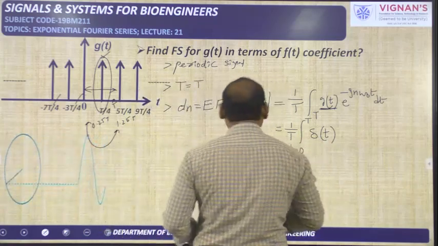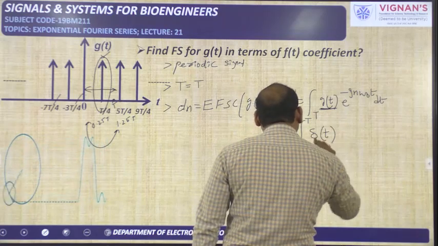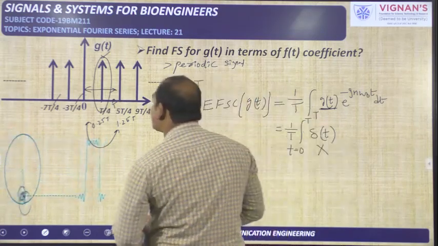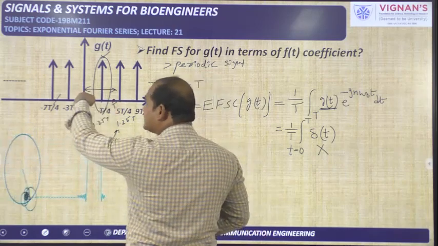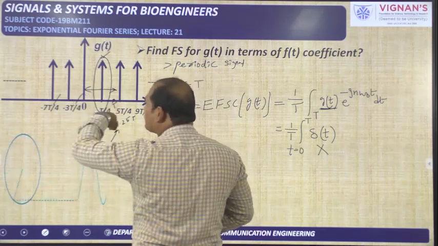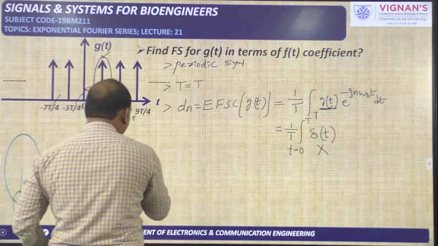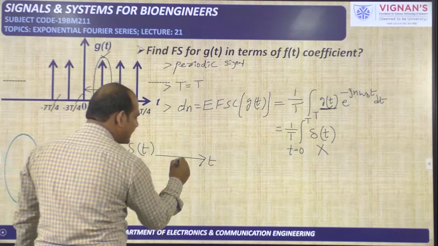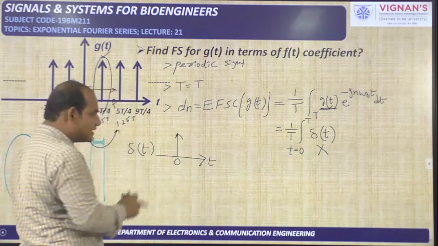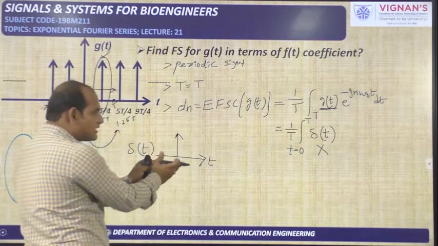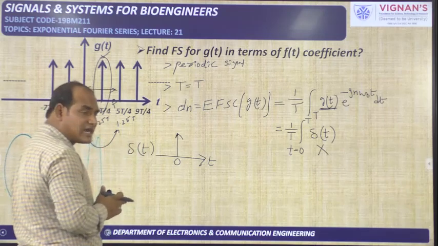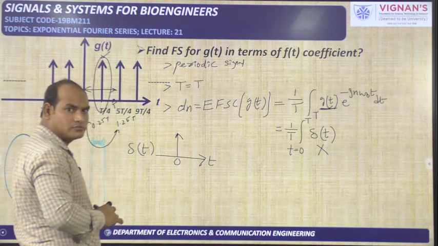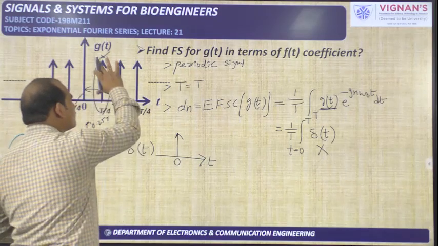Okay. But actually even writing this del of t is also wrong, because from 0 to T the impulse is available, but that impulse is not available at 0. The impulse is available at T by 4. So if I write del of t, what is the meaning of that? If I write del of t, the impulse is available exactly at t equal to 0. This is del of t. Whenever you are observing like this, that can be replaced with del of t. But here the impulse is available at t equal to T by 4. Okay, at t equal to T by 4, the impulse is available.